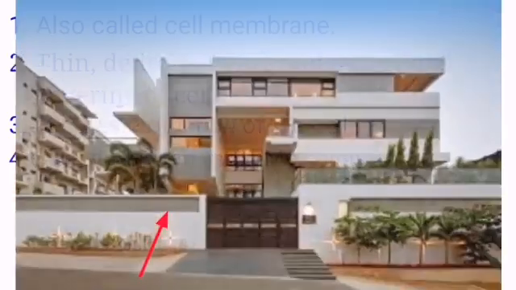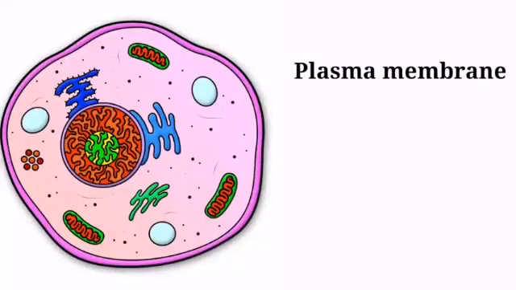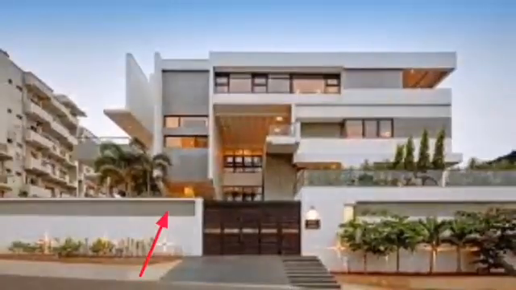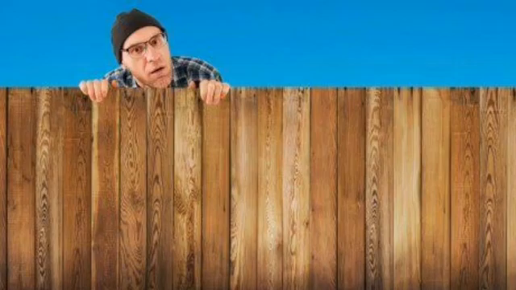It means the movement of substances in and out of the cell is controlled because the plasma membrane acts as the boundary of the cell. So whatever has to come or go has to cross the plasma membrane. Or we can say the plasma membrane acts as a boundary to the cell. It checks what comes inside and what leaves the cell.